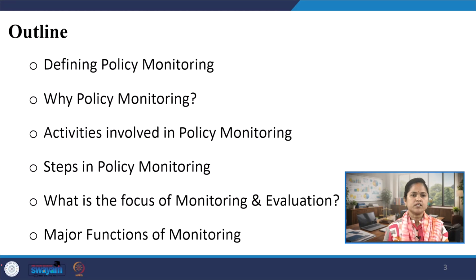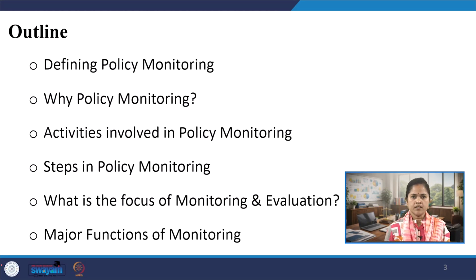So we are reaching week 4, and the discussion of our week 4 is policy monitoring. In this module we'll be discussing what exactly policy monitoring is, and what the different approaches are that a policymaker can adopt for policy monitoring. And finally, we'll be discussing what measures the policymakers or other stakeholders can take for effective policy monitoring. Okay. So this is the broad outline of our 4th week module, and today we'll be focusing on what